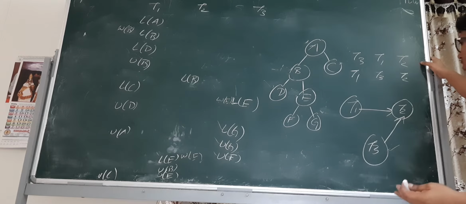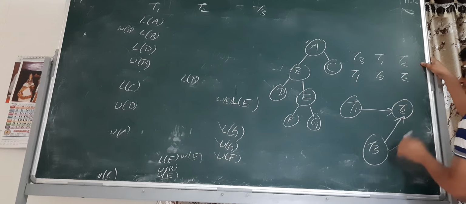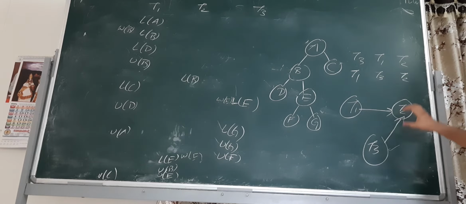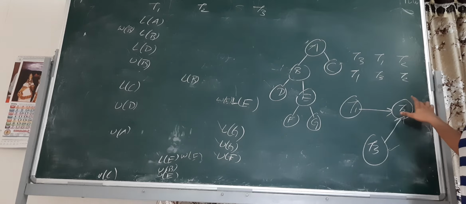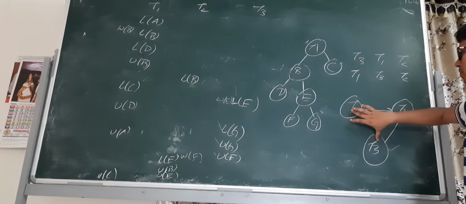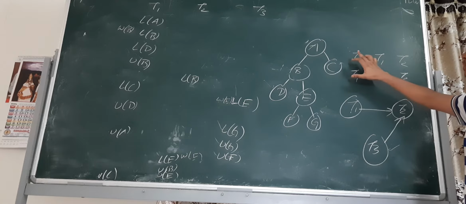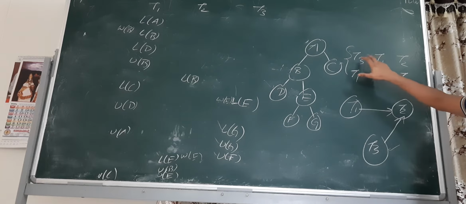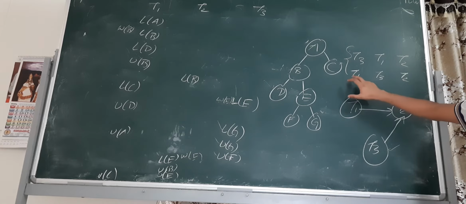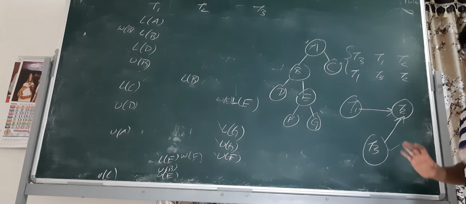Many people will be confused: sir, after T1 there is no edge to T3, how are you writing this? My only point is that after finishing T1 and T3 you should come to transaction T2. So the order between T1 and T3 can be interchanged. So you have two equivalent serial schedules: one is T1, T3, T2, or T3, T1, T2. I hope you have understood this one. If you have not understood,